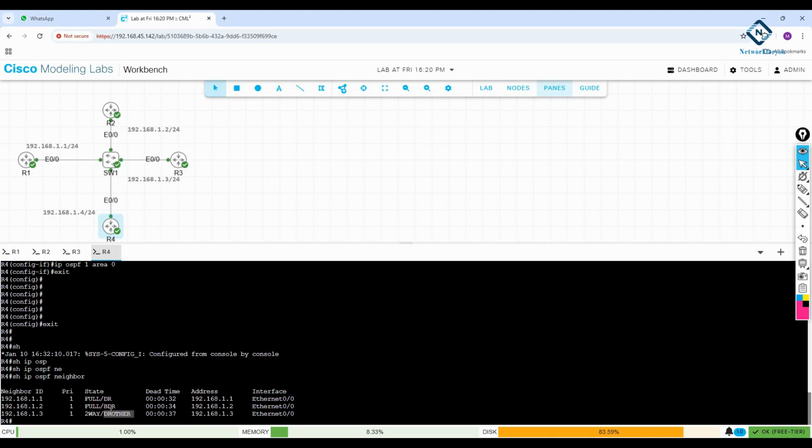So how will we figure out which one is a DR and which one is a BDR? If I go into any router and write show ip ospf neighbor, you can see here this is the neighbor ID. Already we know that in R1 we configured 192.168.1.1, in R2 we configured 1.2, in R3 we configured 1.3, in R4 we configured 1.4. So when we write show ip ospf neighbor, we get this information, and here, so see here what